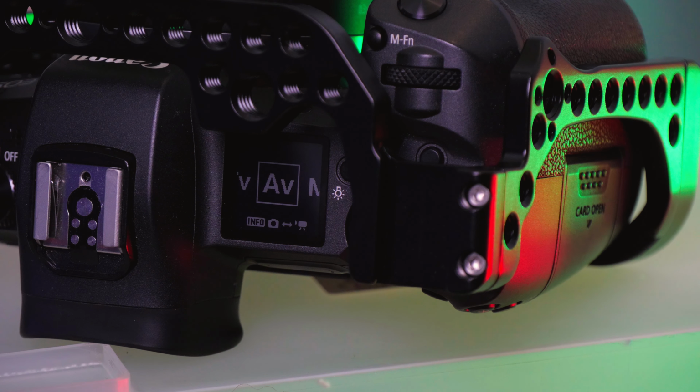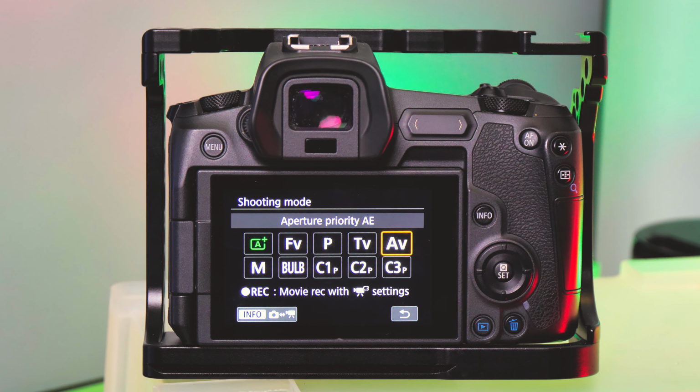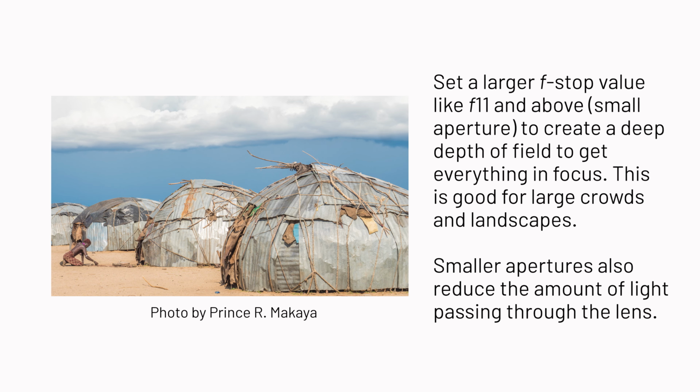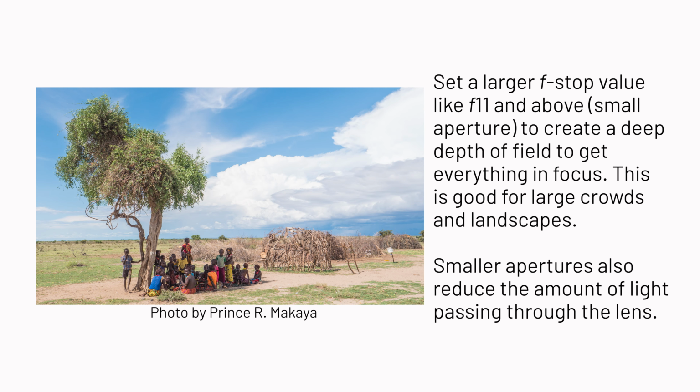Now in the aperture priority mode, you are the one who decides the aperture, and then the camera adjusts the other elements to get the right exposure. So if you shoot landscapes, for example, you want your aperture to be small, and so those are high f-stop numbers, something like f11 all the way up to f22, depending on how much you want in focus and the